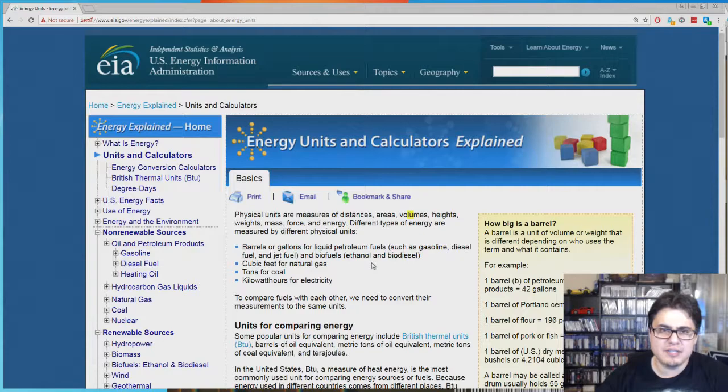Now, the big question is, if I want to heat my house, what's the most economical way to do that? Do I use gasoline? Do I use natural gas? Do I use coal? Or do I use electricity? We don't know right now because we can't do any conversions. We can't compare any of them, right? And this is where units will come in, right?